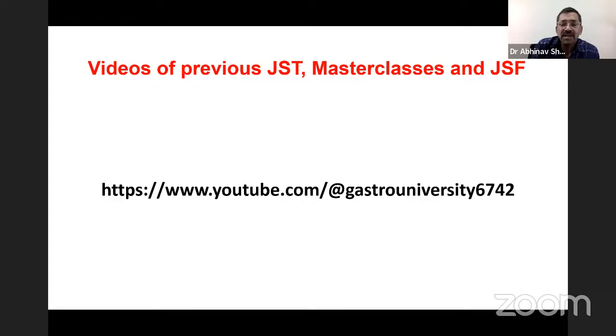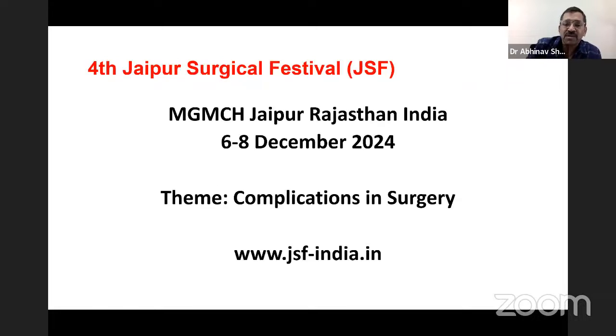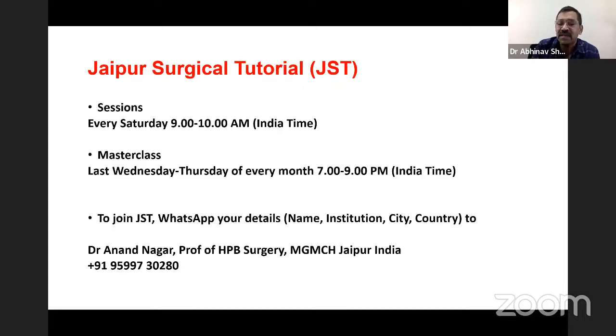Sir, stones in the lower part of the CBD are now usually not big. Usually these are small stones which get impacted in the lower CBD, and usually we are able to manipulate a wire across. So in this situation, whether or not there is biliary or sphincter spasm, we can go ahead and cut the sphincter, do a small sphincterotomy, and pass a stent across. On second ERCP, I think this stone can be removed very easily. So an impacted stone is not a problem for the endoscopist, because the moment they do the papillotomy, the stone gets exposed. It is a problem for us.